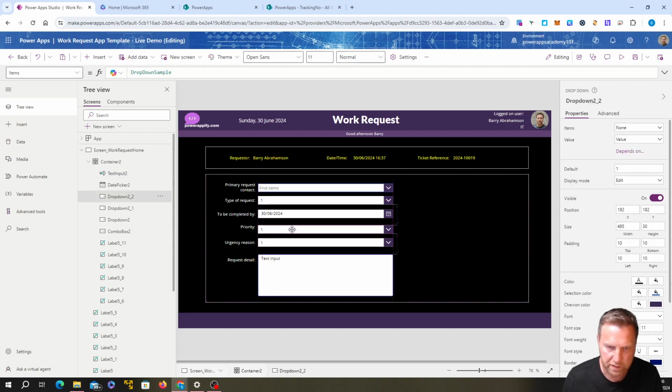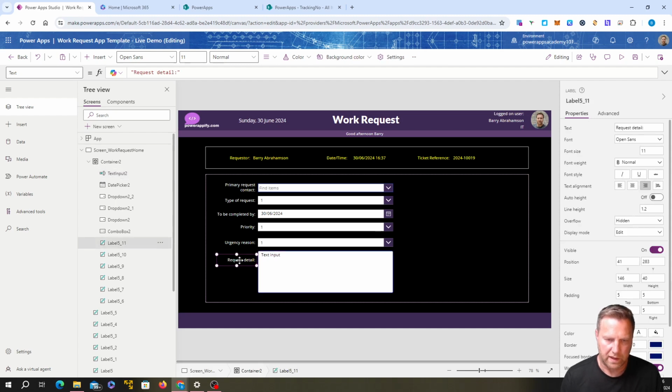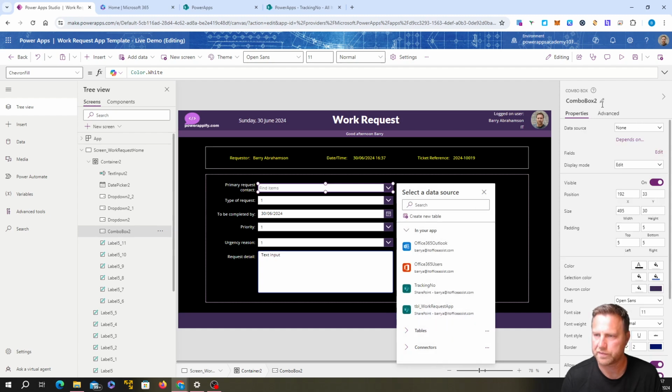Something doesn't feel right about the spacing. Anyway, as I said, I've already put too much weight on the spacing there. What we do need to focus on is calling all these things something meaningful, so we don't get lost in them. So this one, the combo box,